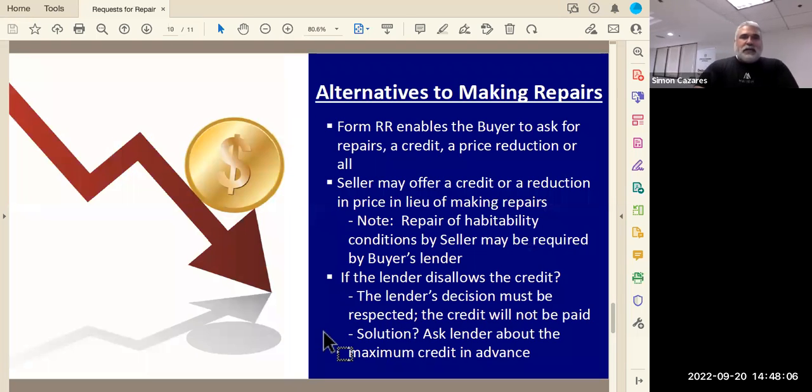Alternatives to making repairs. So the form request of repairs enables the buyer to ask for repairs, a credit, or a price reduction, or all, right? As I said earlier, buyer can request for this to be repaired. Buyer can ask for credit, and then the buyer can also ask for a price reduction. Seller may offer a credit or a reduction in price in lieu of making any repairs. Note, repairs